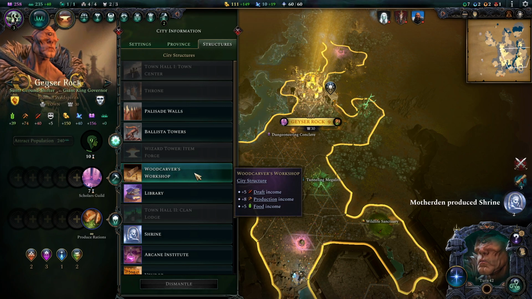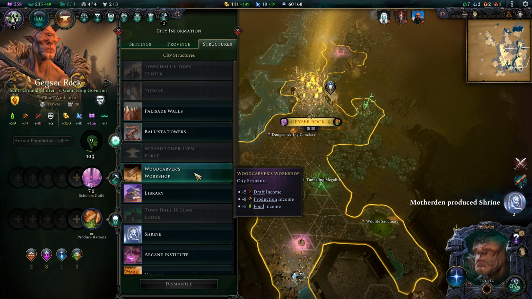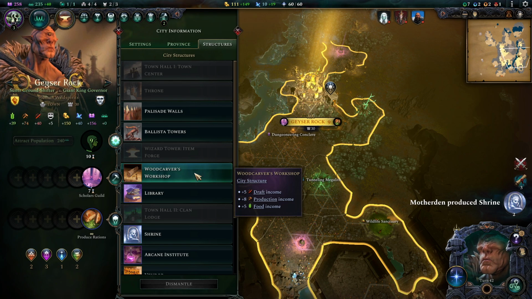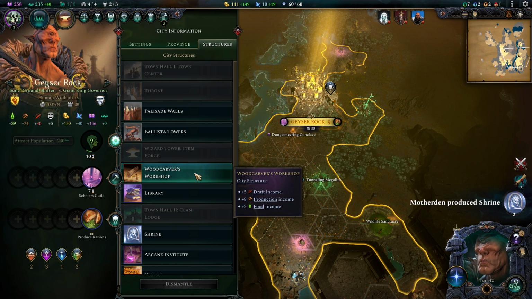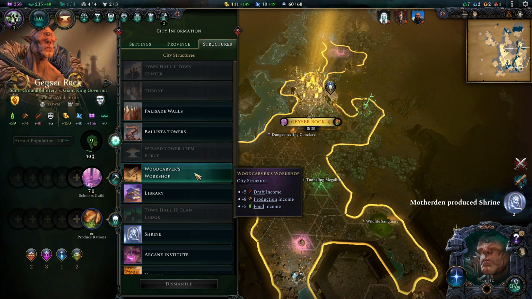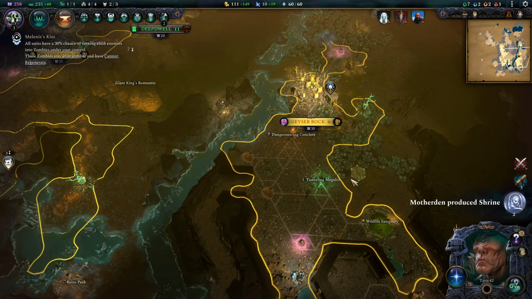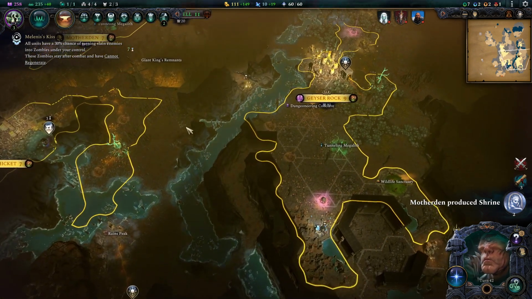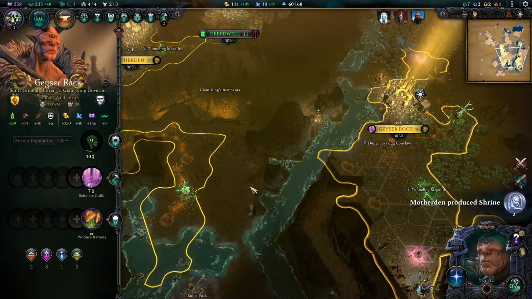What's quite interesting about this build here is that we can utilize force right from the get-go, because the woodcarver's workshop is boosted by the forester and not by the farmer, so we have much more productive cities right from the get-go. But beyond that, yeah, stay on the knowledge production path and keep expanding your cities and keep spamming